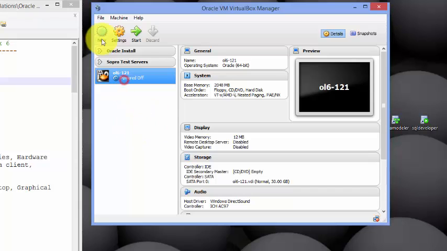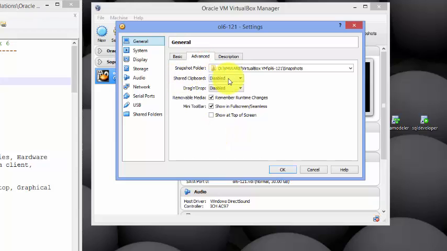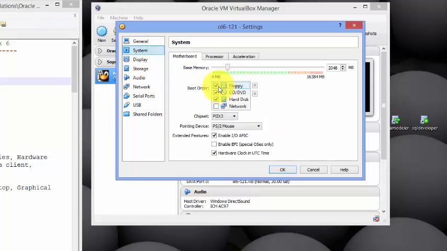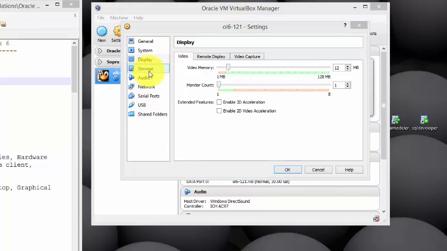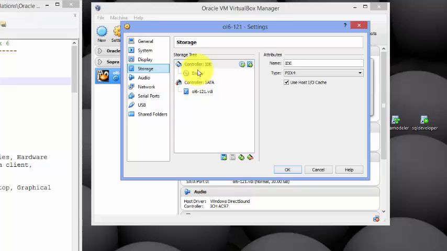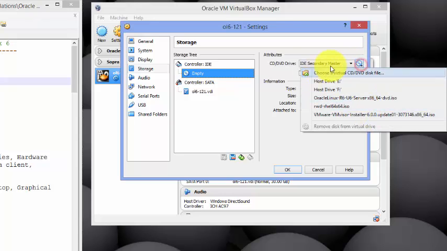We now select it and then go to settings. We go to advanced, we change this option to bidirectional, the shared clipboard, and then the drag and drop also to bidirectional. Go to system, you change the boot order for the operating system, and then you go to the storage, you choose the CD, and then at this small triangle you choose the location of your operating system. So Oracle Linux 6.6,